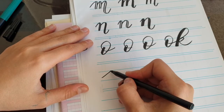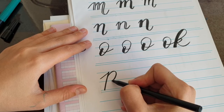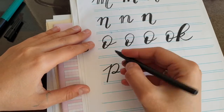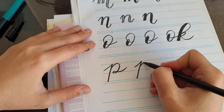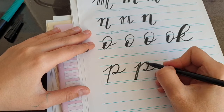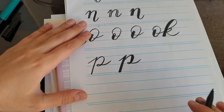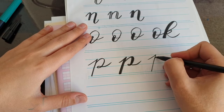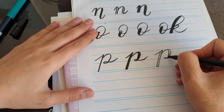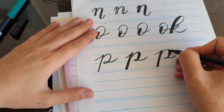P. So this is the part you go down. Pay attention. Down, down, down. So these are the parts to be thicker. P,